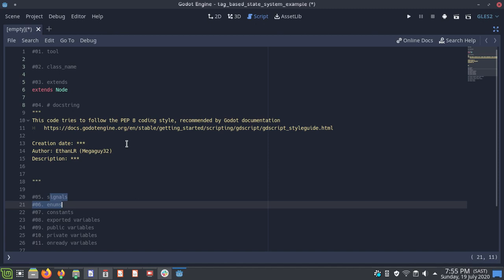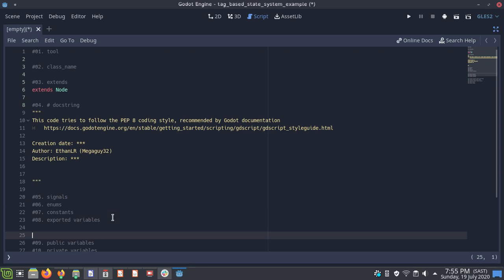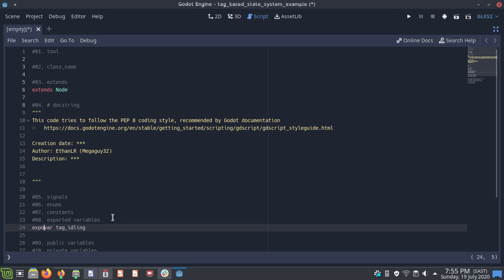So to make use of tags, we refer to them with variables, and there are 2 methods of doing this. We are either able to export the variables and drag and drop the resources into the inspector, or we are able to preload or load the variables using the file paths of the resources. So let me start off with showing you the exporting method. Let's say, for example, we want a variable called tag idling. We shall export it as a resource,